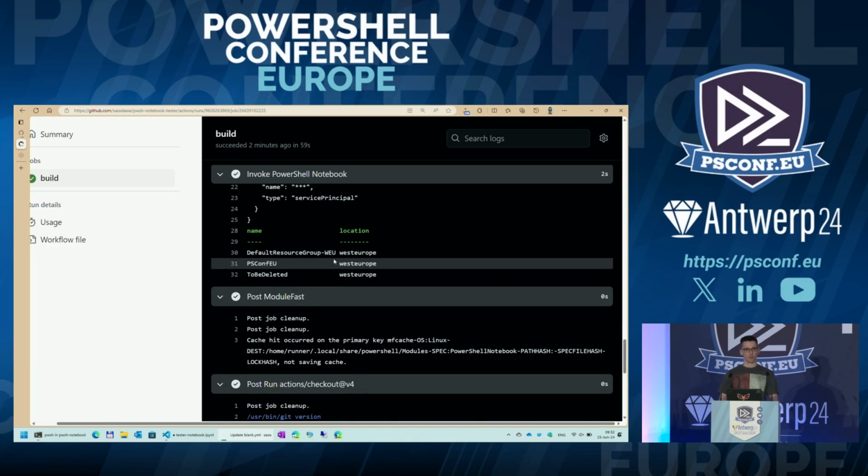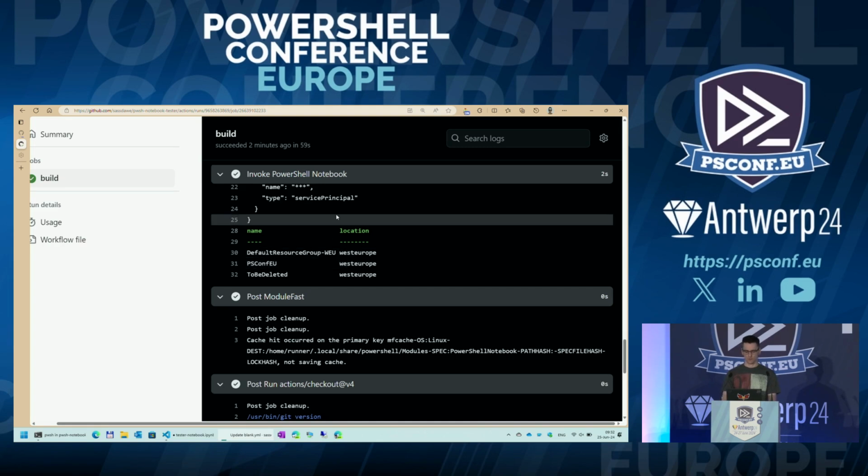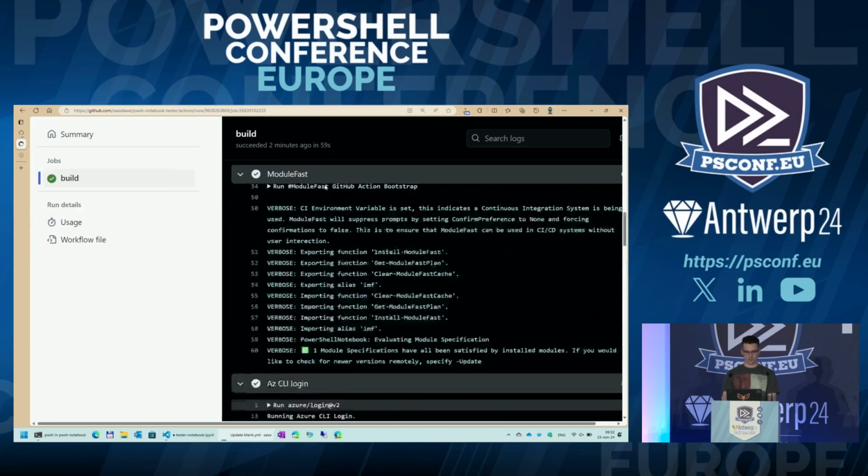You don't need to have connection information inside your notebook as long as you connect with the GitHub action before. All of that is available for you, so you have cleaner code and you don't expose any connection information to people when you share this, because all of that is stored as secrets, and